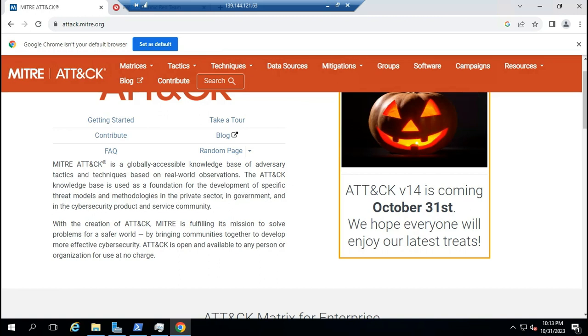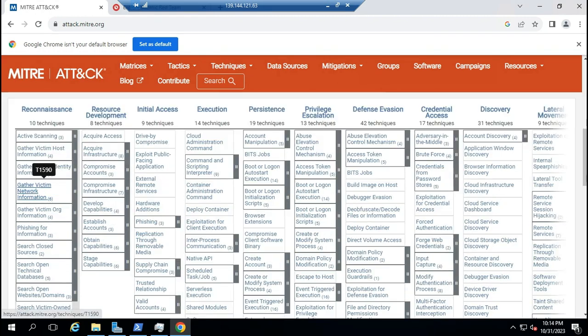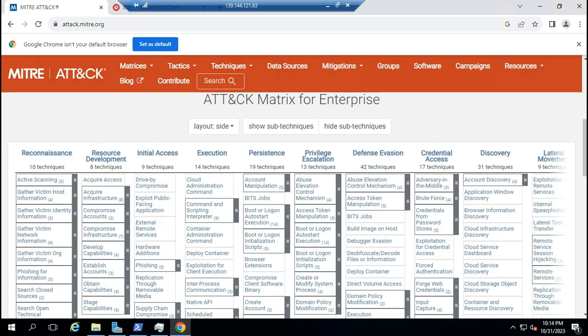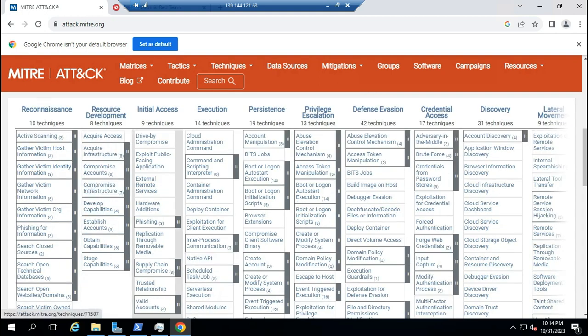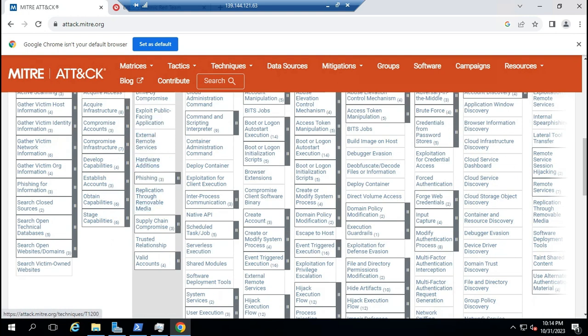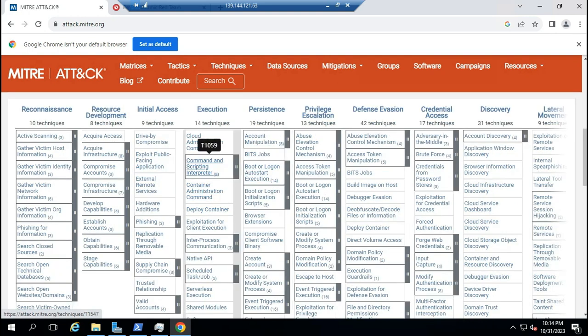MITRE ATT&CK is a knowledge base of tactics and techniques designed for threat hunters, defenders, and red teams to classify attacks. So like this, maybe the technique reconnaissance, maybe initial access, and this one is privilege escalation.